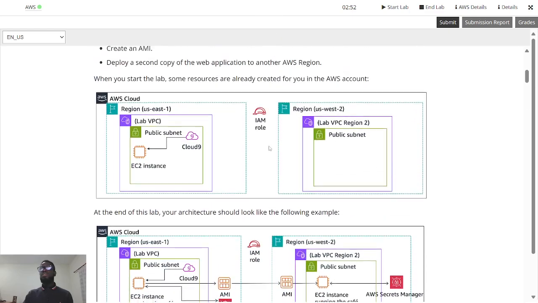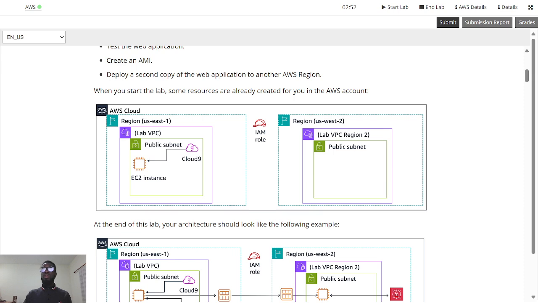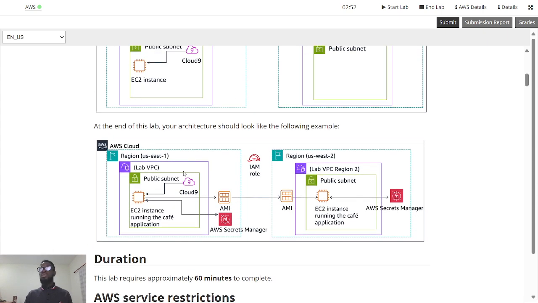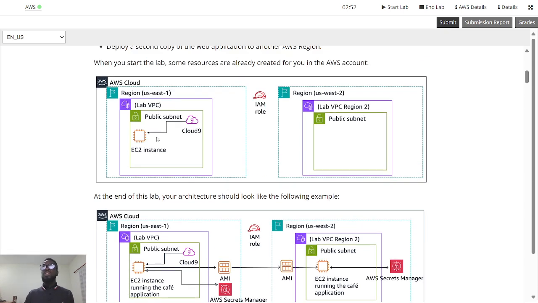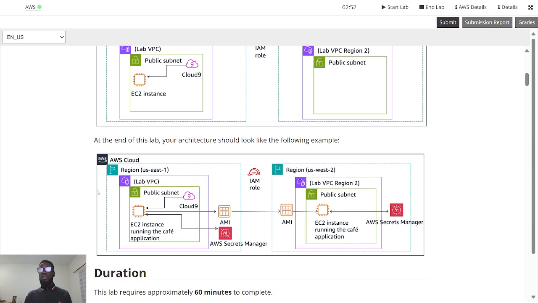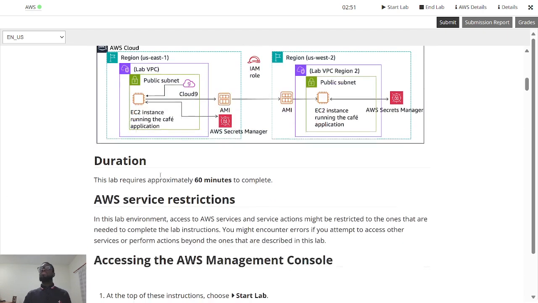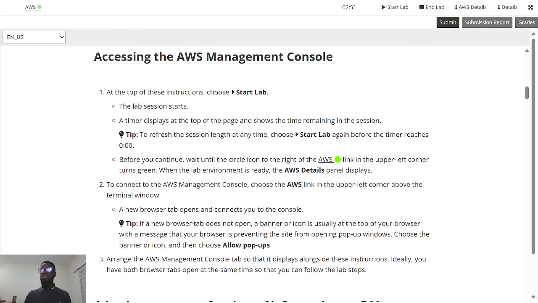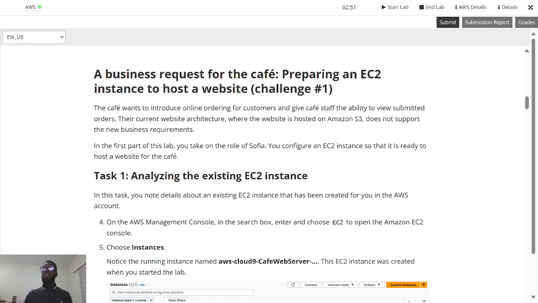So this is the architecture that is currently in place. This is what we are starting with, and this is what our architecture should look like. So we are starting with an EC2 instance. We have Cloud9 set up for us, the public subnet. We have our lab VPC, and that's pretty much it. Then in the final setup, we should have all of these things. So let's go through all of the steps, start the lab, and then the first task is to analyze the